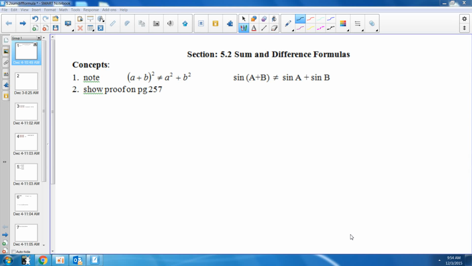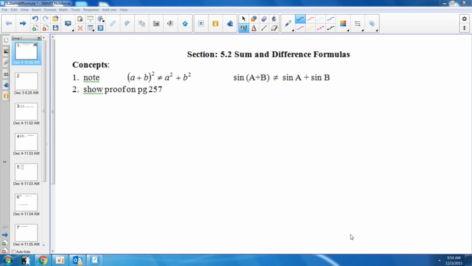All right, we're going to talk about the sum and difference formulas today, which are going to be new formulas. We haven't had new formulas for a while, and this is going to require a lot of proving, kind of like we did last section where you're proving one side equals the other. That's what we're going to be doing today, but we're going to be actually proving identities,